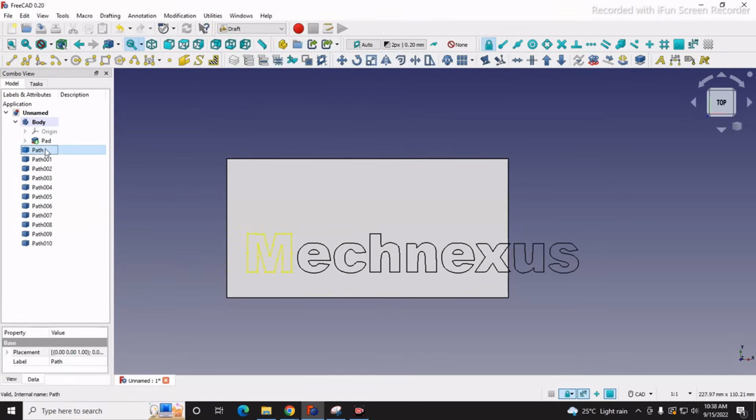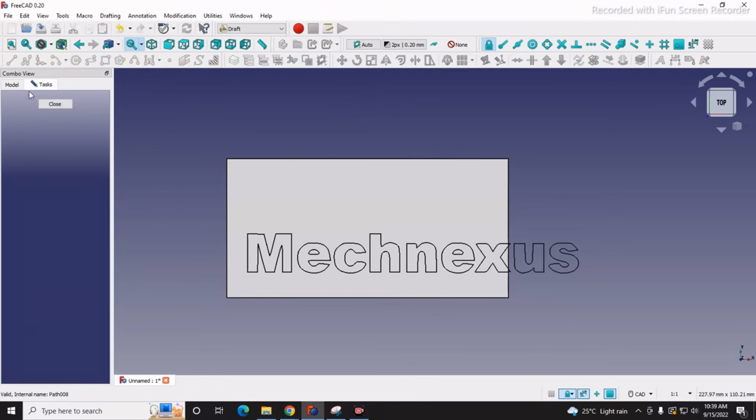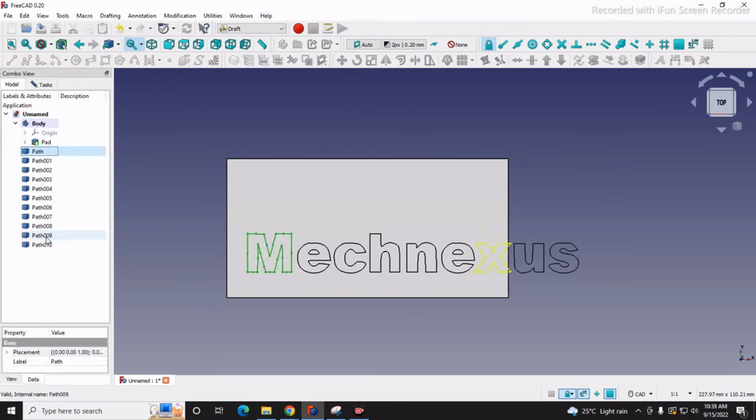These are the individual entities which FreeCAD converted from the SVG file. So here is path 1, path 2, path 3, path 4, path 5, 6, like that. So we will go to Scale and we will select all our entities here,